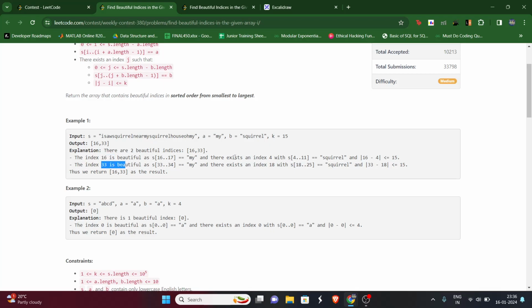For this I, we can take out B from this "squirrel" or this "squirrel". If we take out this one with index 4, like this one,